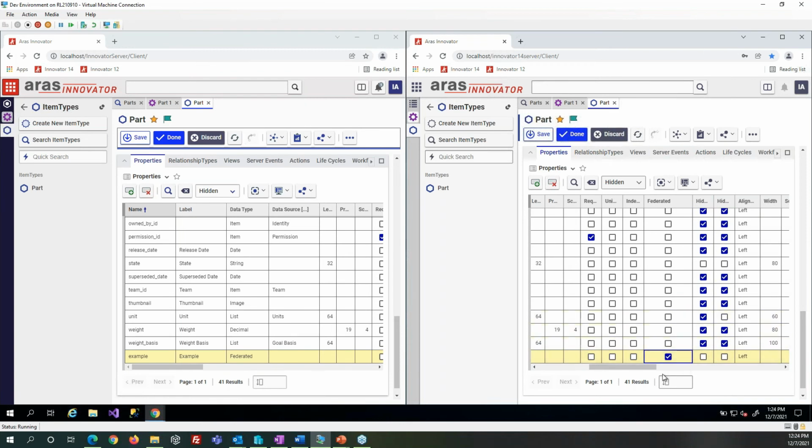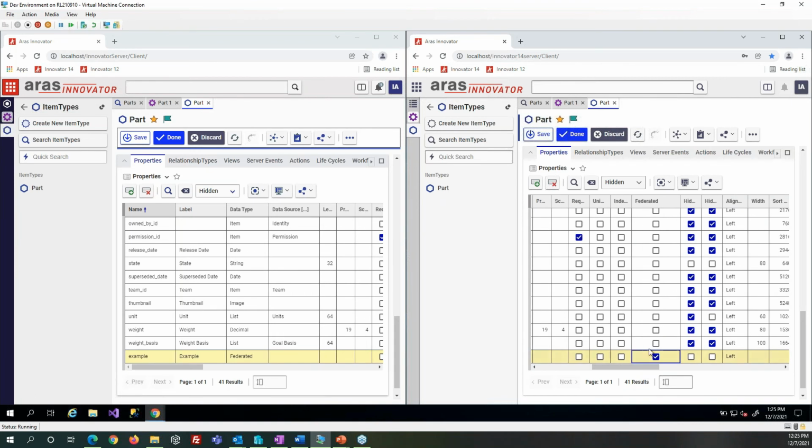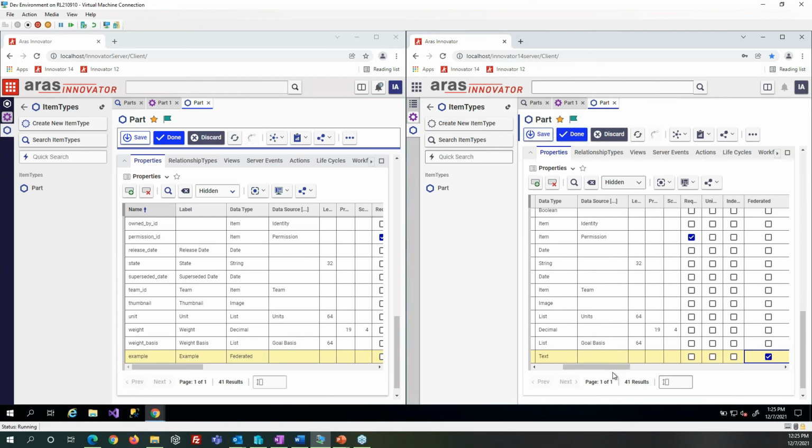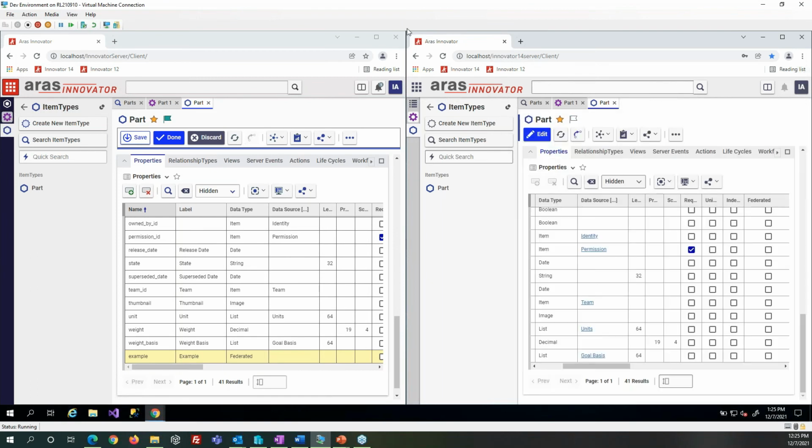And like I said, at the moment, there's not much of a difference, but there's a lot more going on in the background here than what it looks like. This is kind of laying the groundwork in the future for Aras to make every data type possible to be federated in the future. Then moving on out of 12,